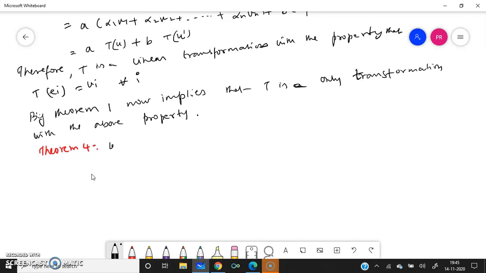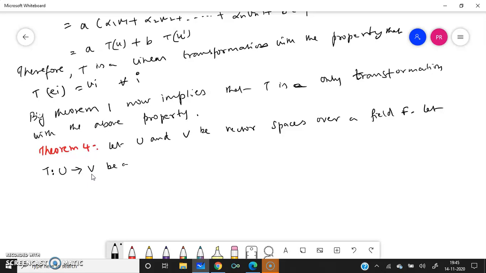Let U and V be vector spaces over a field F. Let T from U to V be a linear transformation. What is given here is that U and V are vector spaces over the field F, and T from U to V is a linear transformation. Then